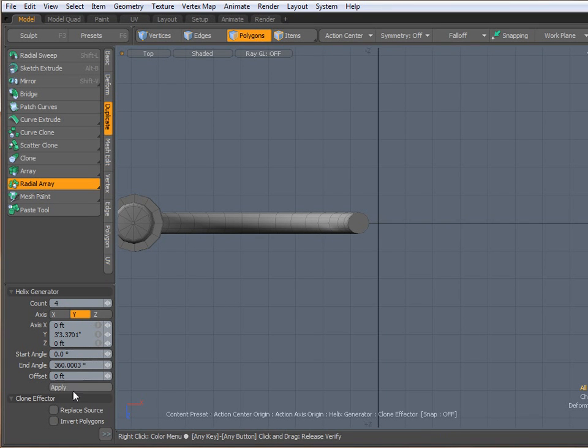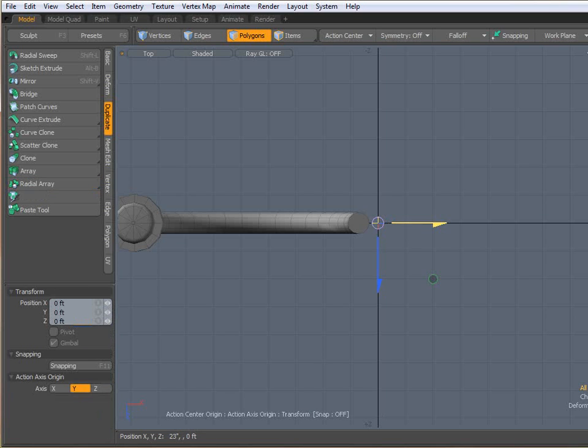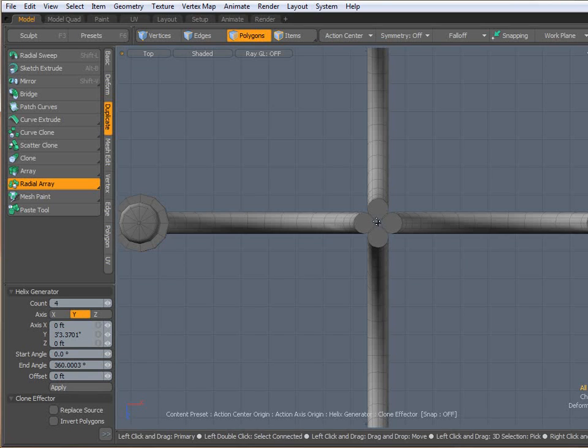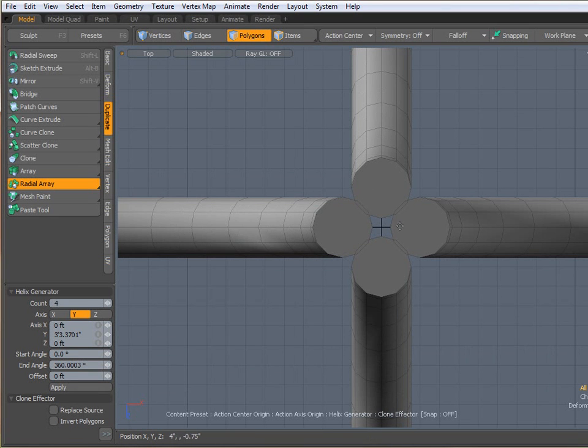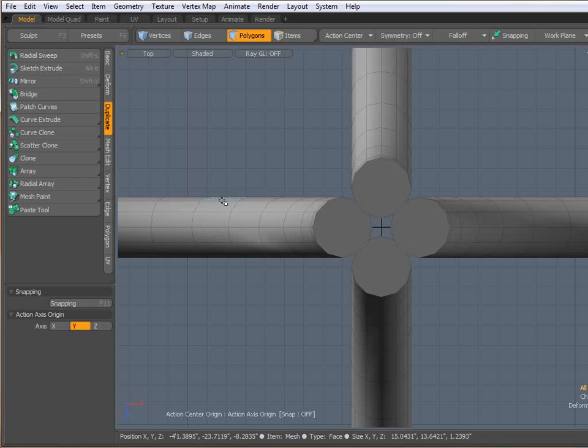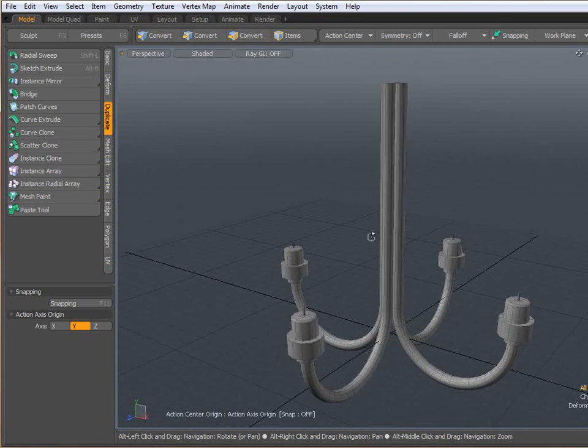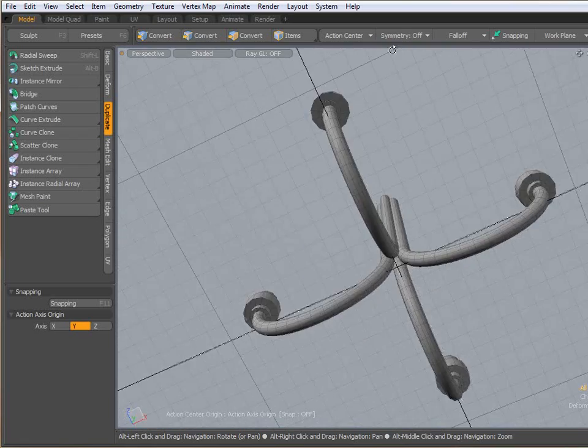Now I'll choose radial array, arrange, and that's a little bit too far, so I'll move it back. Radial array, arrange, and that's fine that these are colliding with one another. That's perfectly okay. You will never notice it. And this is a quick way to make a little candle holder